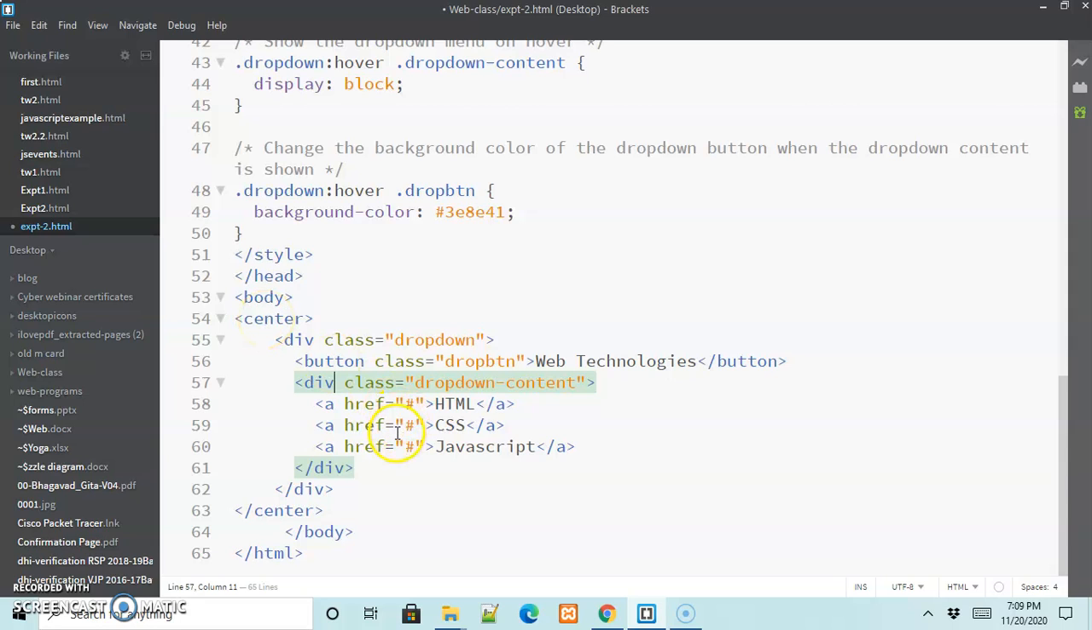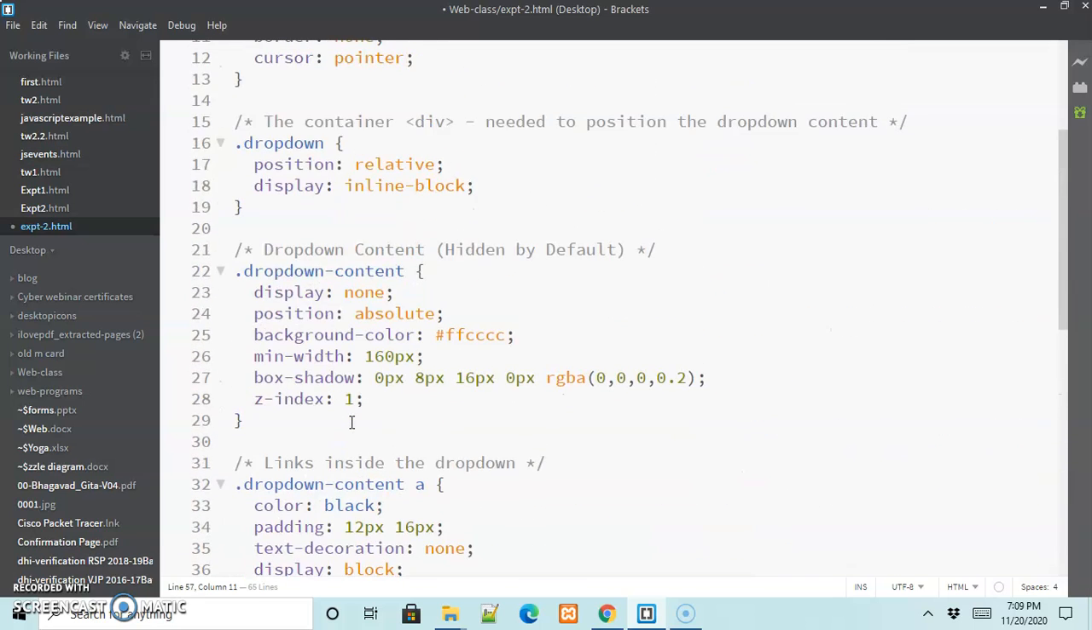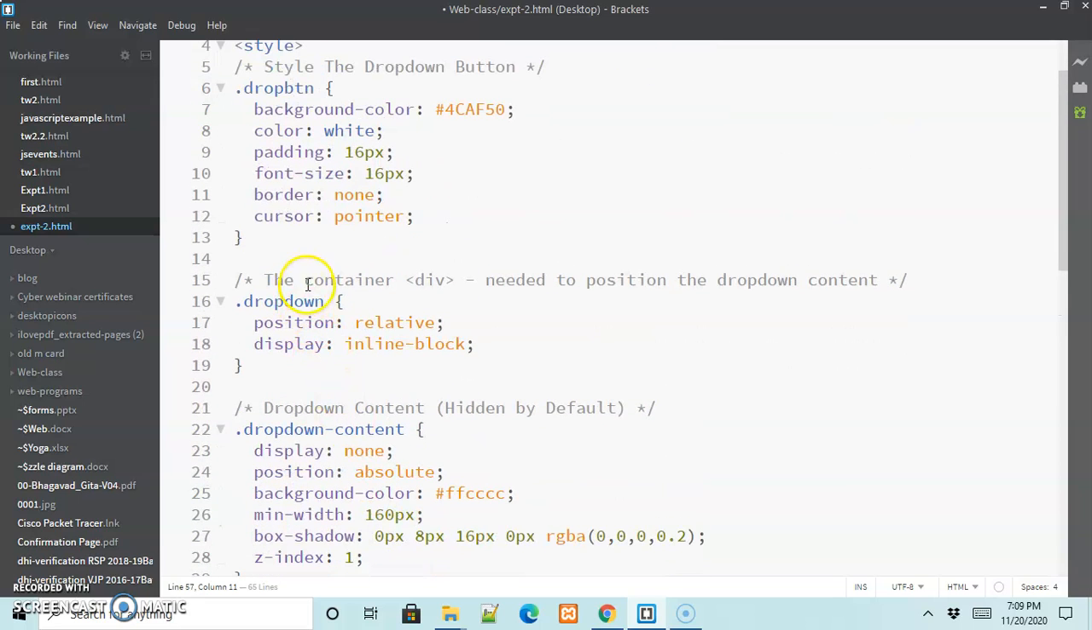You can add more anchor tags to have more content in the drop-down menu. So we'll go back to our styles and see what CSS stylings we are adding here. First of all, we are giving CSS properties for the button that we have created. That's why we are targeting dropbtn using the class name dropbtn, and we are setting the background color of this button to a lighter green color, that is #4CAF50,